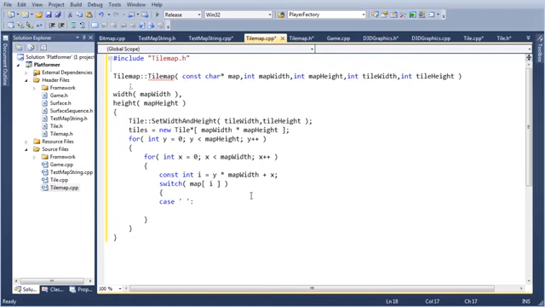Case this. We want tiles at I equal to new tile. Here we want x times tile width, y times tile height. Bool passable is false because, no, it's true, because it's an empty spot.